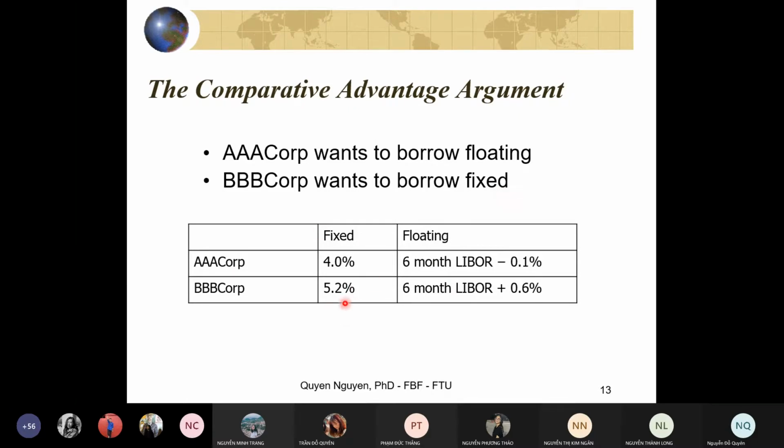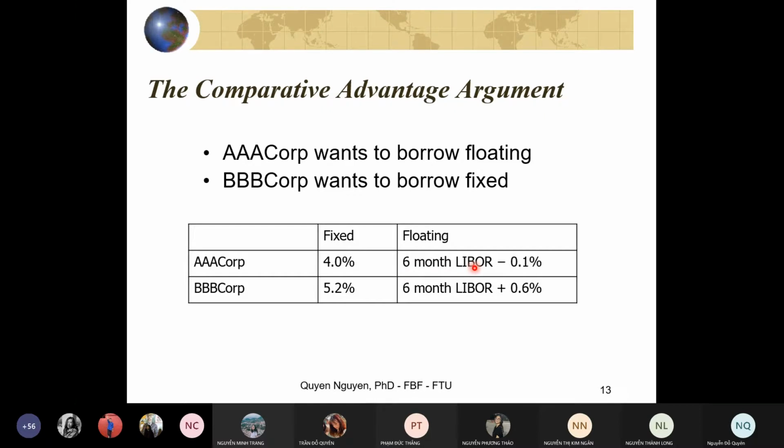So we take the difference between the fixed and the floating rate, right? And then the difference between the differences of fixed and floating rate, we would divide into two, and then we would design a swap so that AAA, which wants to borrow at the floating rate, would benefit